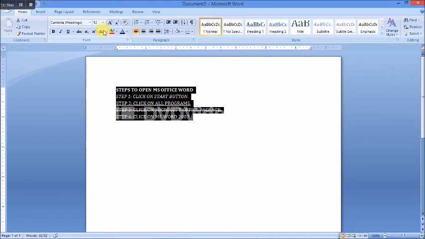Next is Capitalize Each Word, which means the starting letter of each word will be a capital letter.